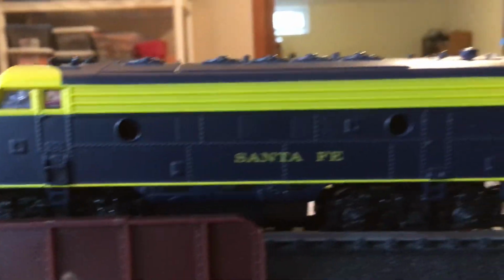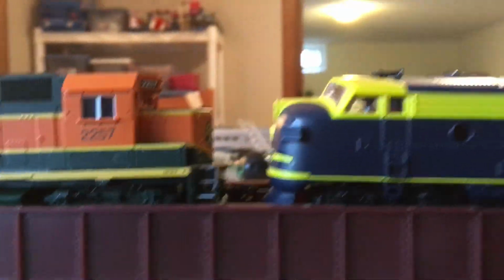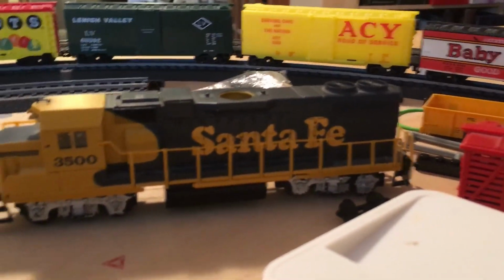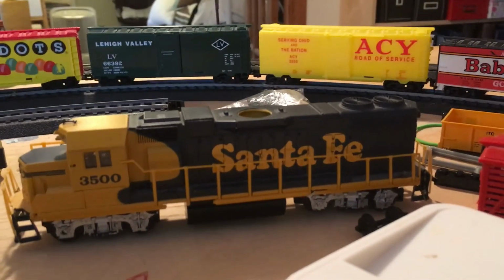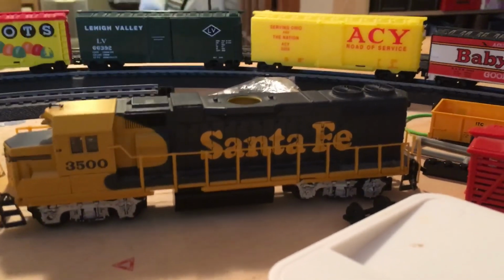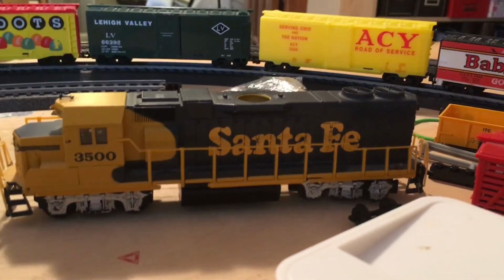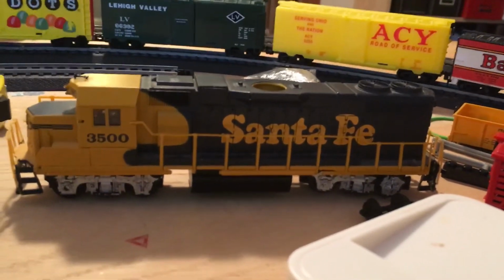My Santa Fe F7, my fastest and strongest engine, thanks to traction tires, like my Santa Fe GP38-2 has. Number 3500. I'm not sure if this thing's still active. All I do know is that this thing was a GP38-2. That's it. There goes Assassin or a Beach 1900C. Anyway,